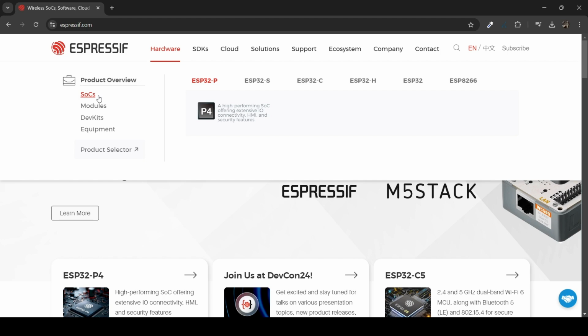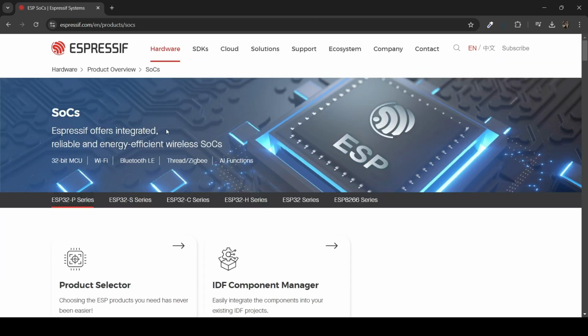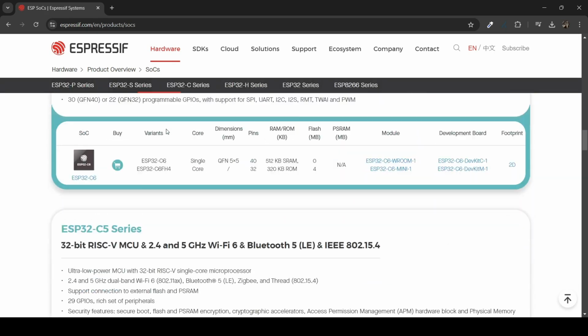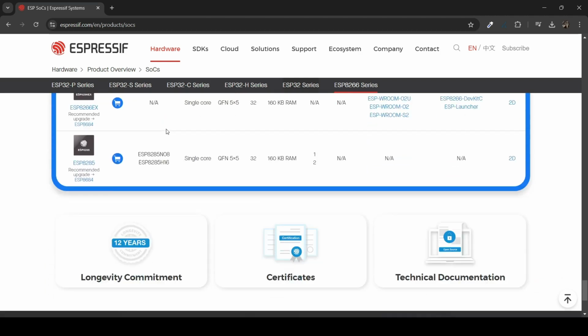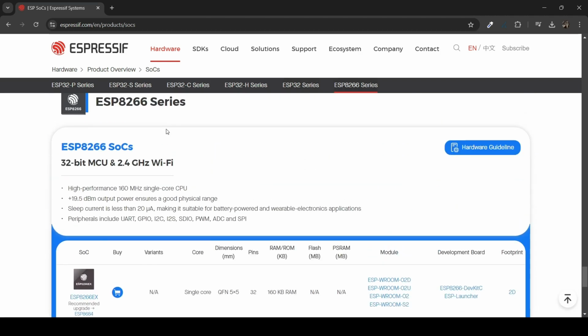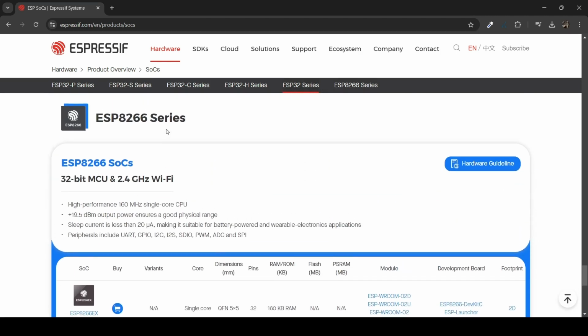Now let's take a look at the different series of SoC produced. I won't go into details, since you can find them written very clearly on the official website, but I will only give an explanation of the main categories and uses. Let's start from the bottom of the page, with the oldest board. The ESP8266 is no longer recommended by Espressif itself, which recommends replacing it with the ESP32C2. It does not have Bluetooth, but only Wi-Fi.